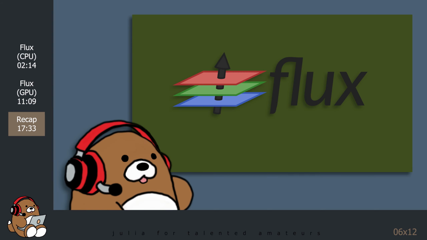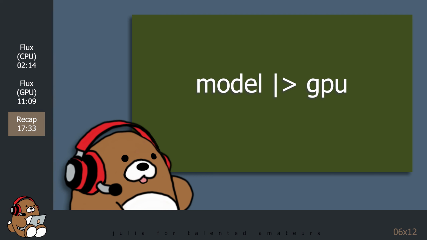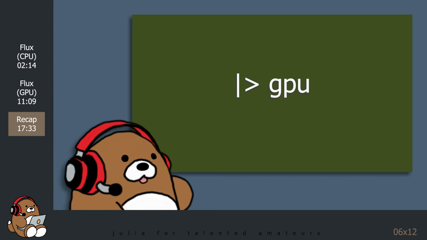Training a machine learning model on the GPU in Julia is easy thanks to the Flux.jl package. In order to use the GPU, be sure to include using CUDA when loading your packages. When writing your code, be sure to move your training data and your testing data to the GPU, and move your model to the GPU. You can do this in Flux by using the pipe operator followed by GPU. You'll know that your data and your model are on the GPU when you see the CuArray data structure.